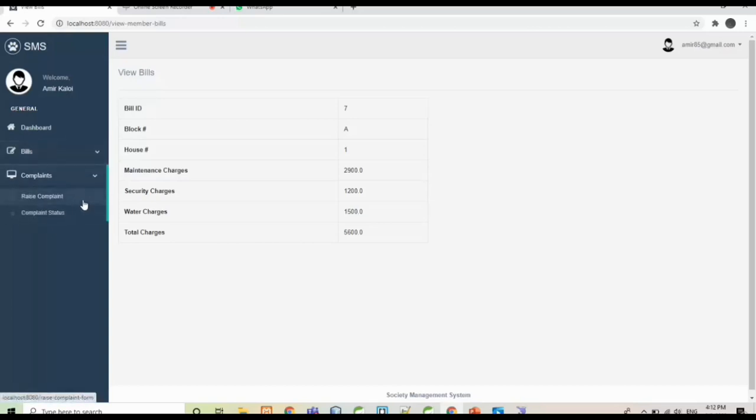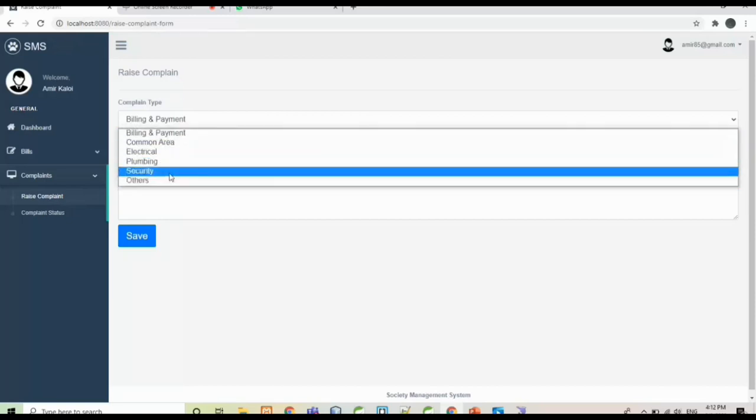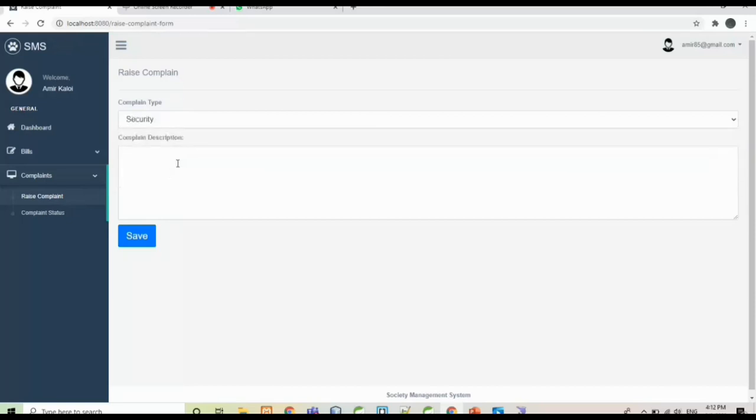And this is the complaints module. A member can raise a complaint and can see the status of the complaint raised by him. Let's raise a complaint. Let's say the complaint is regarding security, and let's write the complaint description as secure.